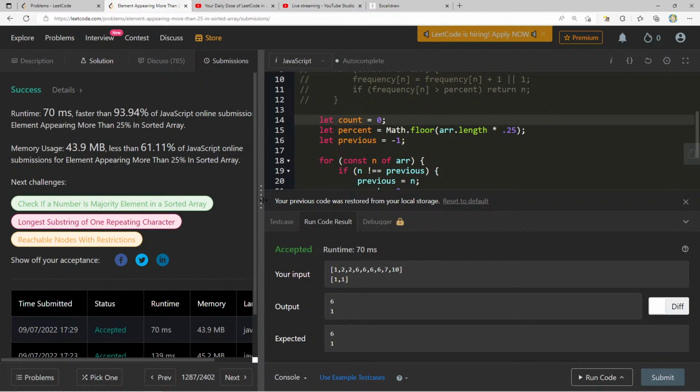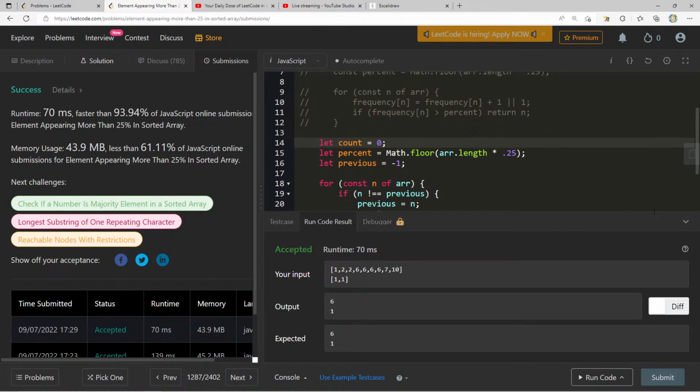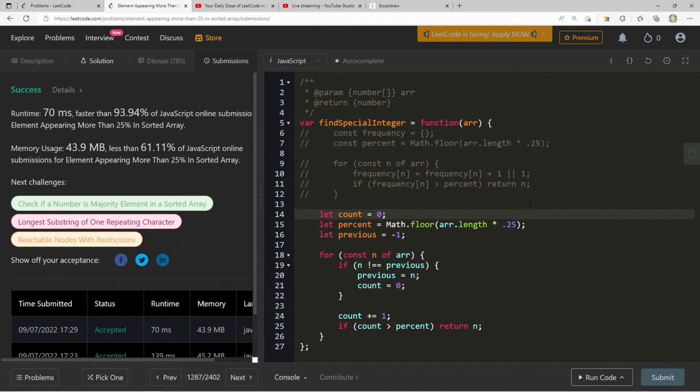Okay, look at this. Drastically better results. Man. Okay, it took me a while to get to this one. But something cool that I thought of was I started going through different algorithms, different data structures in my head. And when I got to sliding window, the thing that made it click for me was that I can just continue expanding my window as long as the numbers inside of it are the same. And then when I get to one that's not, I can take the length of the current window, which should have all the same number. And if I ever see that that length is greater than the percent, I can return that number.